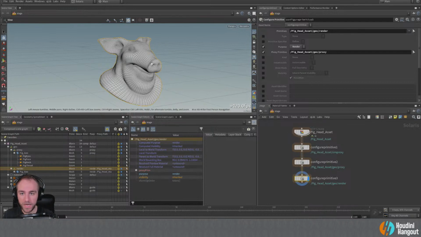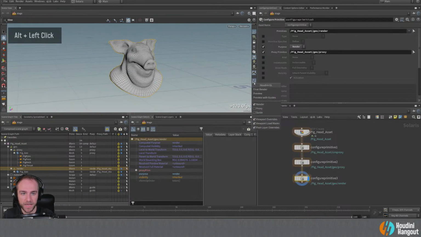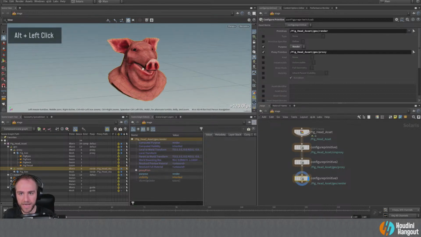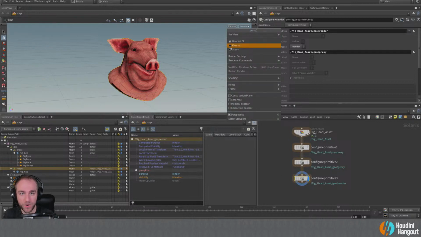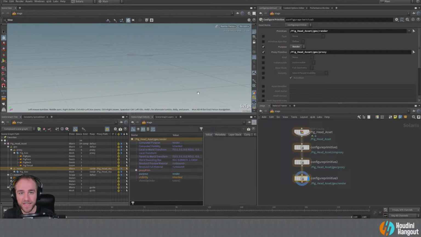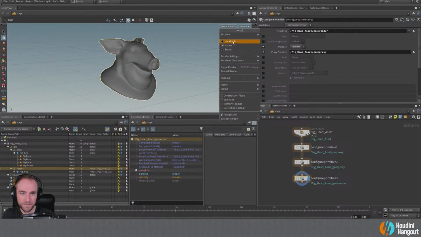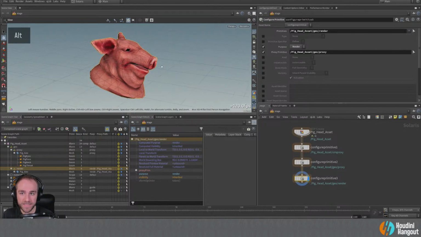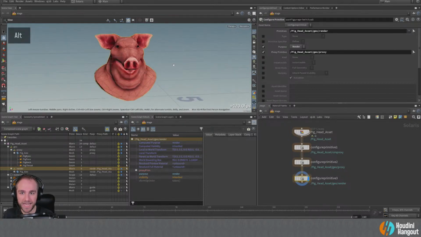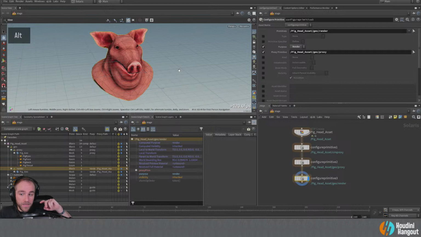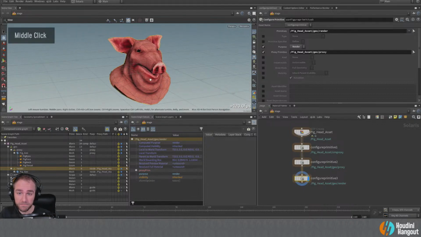I'll just leave it white just to show the example. If we were viewing the preview state under these little glasses here, in the preview purpose, and we wanted to pull down here and go to Karma, it's going to render it as white because the render geometry is white. When we come back to Houdini GL, we'll see that it has the shaders applied and everything. So what we're seeing here is this separation of proxy geometry, render geometry, and a sim proxy that's invisible, that we can't even see, but it's still in the scene.